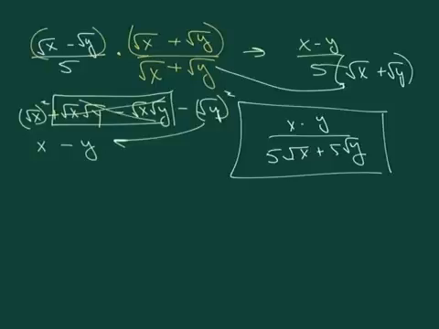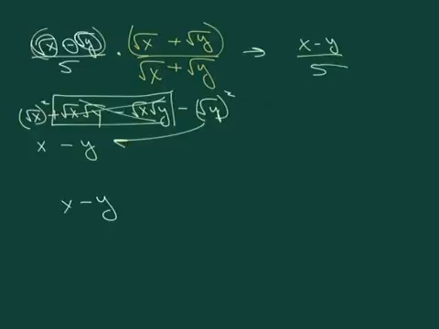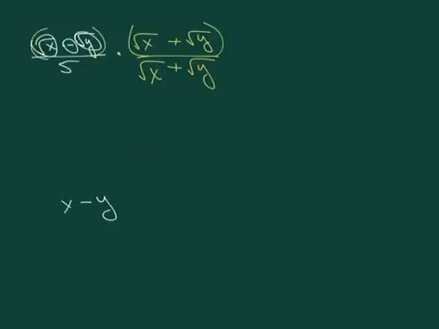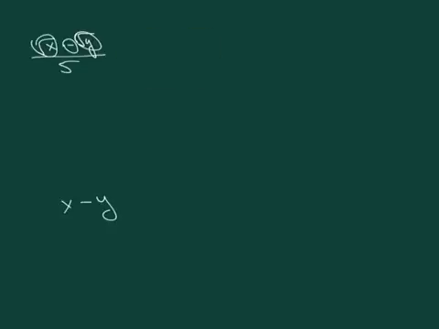Okay, so one of the things that you can do, I went through this whole bit here of using the FOIL. If you're good enough and you recognize that you've got those conjugates, you square the first term, square the last term, and put a minus there and you're done. Whenever you multiply by conjugates, you square the first term, square the second term, and put a minus, always a minus. And that saves you from doing a lot of extra work, but it doesn't hurt to keep doing the FOIL method if it feels like you're doing better doing the FOIL method